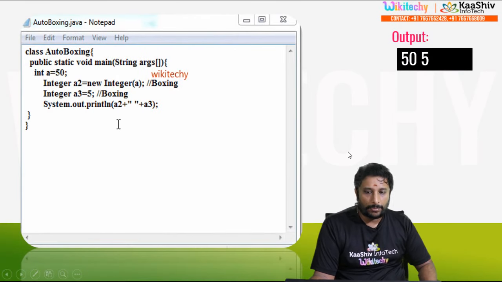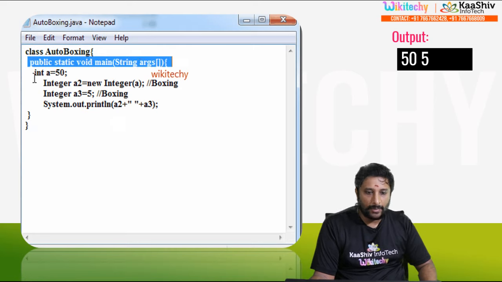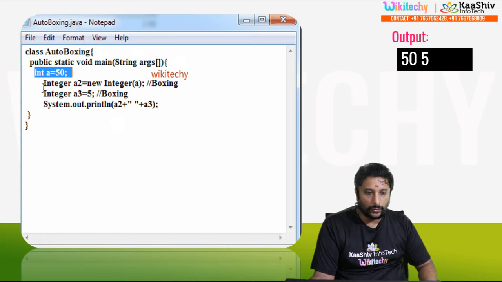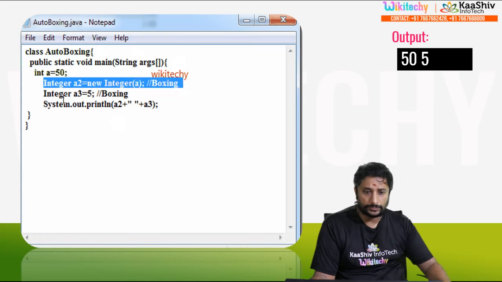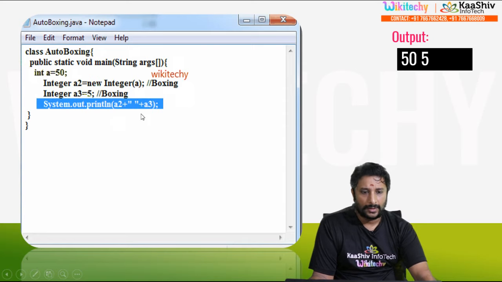And here is the sample program. I got the class Autoboxing. Now I got public static void main. So int a equal to 50, Integer a2 equal to a. I'm trying to box it, and I'm trying to box it once again. So while running this program,